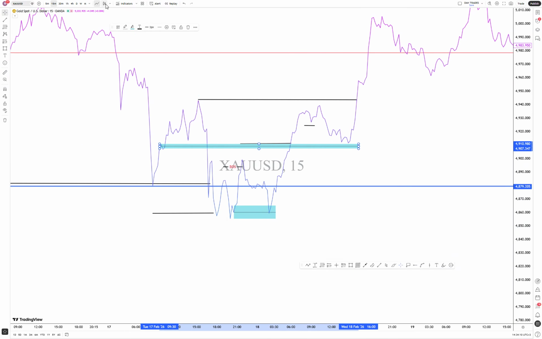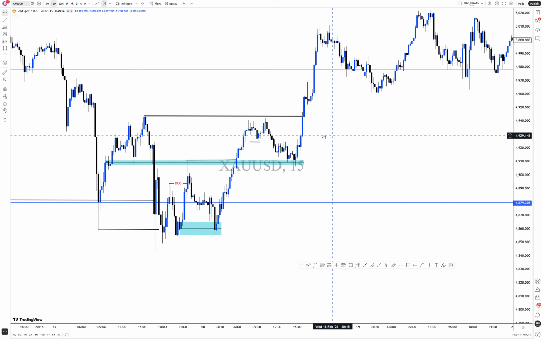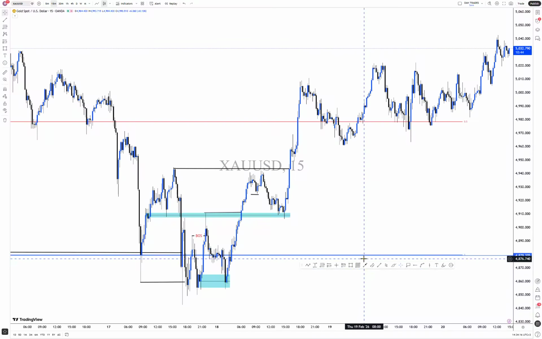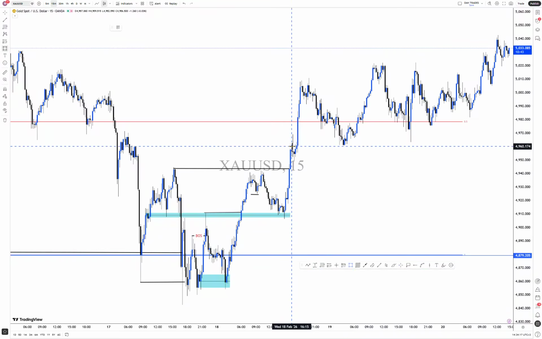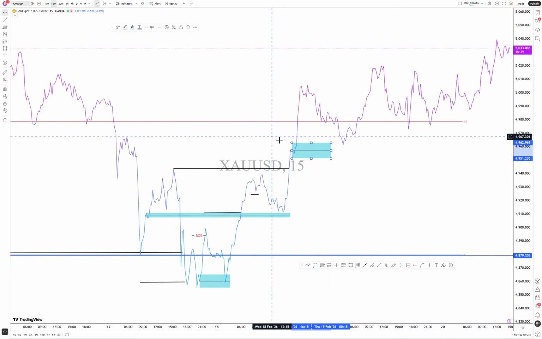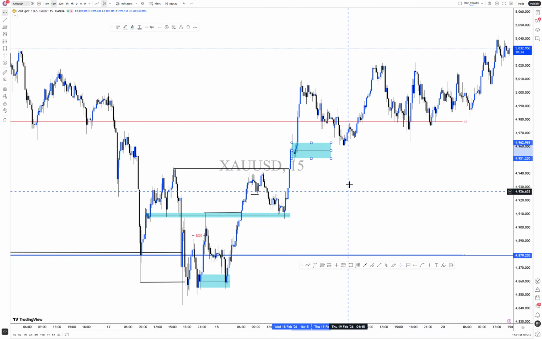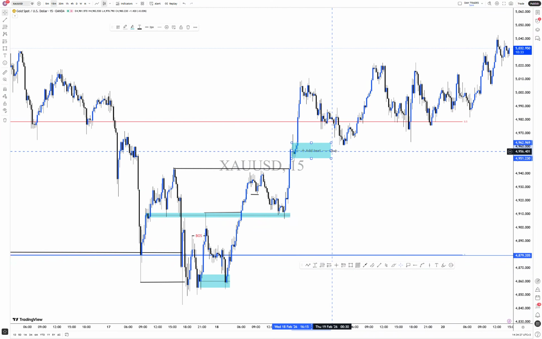So that area gave you that opportunity for buy. Okay, and then we had this area again, this base. You can see it clearly using the line chart. So this is the base market mitigating that area,